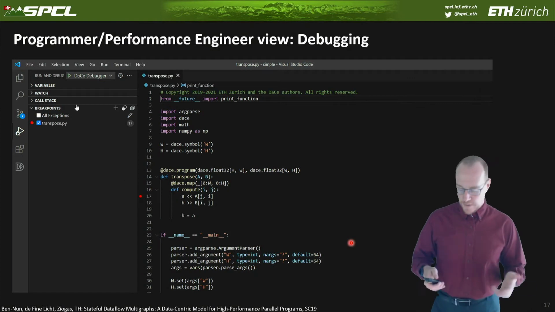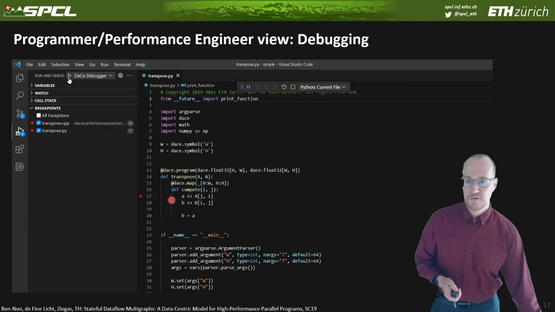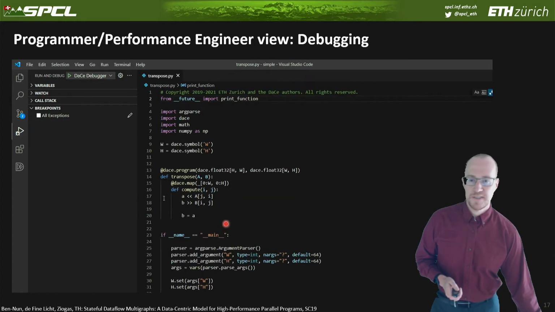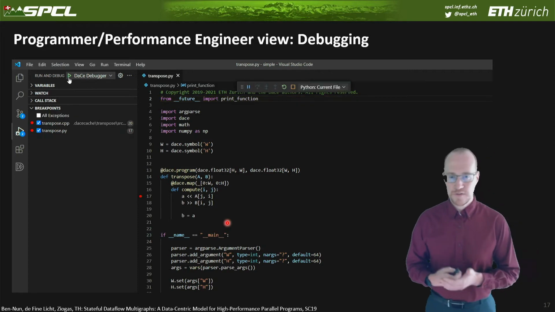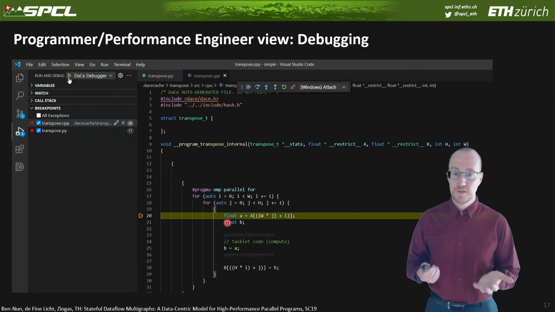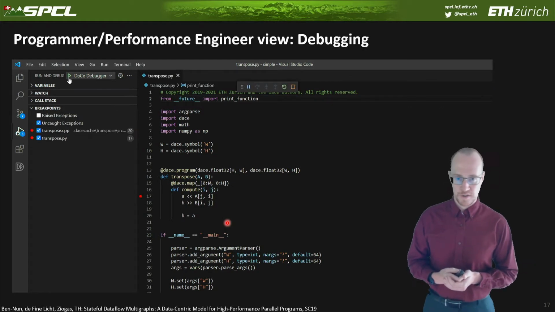So furthermore, we have full debugging support, so you can set breakpoints in your Python source code and jump to the generated C code, if you want. So you can go arbitrarily deep to debug the framework itself, or to debug your codes, and you can look at the code that is generated and maybe even design better transformations and better code generation.